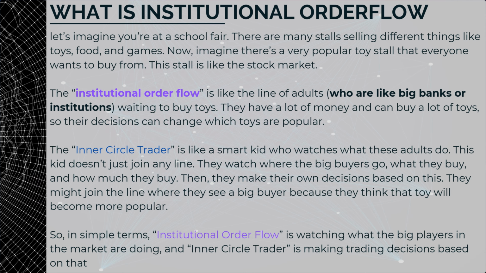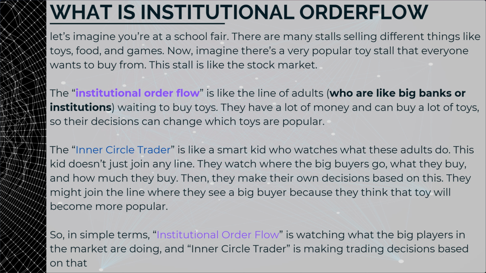So, what is institutional order flow? Let's imagine you're at a school fair. There are many stalls selling different things like toys, food, and games. Now imagine there's a very popular toy stall that everyone wants to buy from. This stall is like the stock market. The institutional order flow is like the line of adults, like the big banks, waiting to buy toys. They have a lot of money and can buy a lot of toys, so their decisions can change which toys